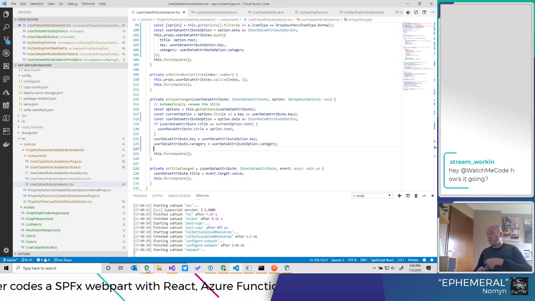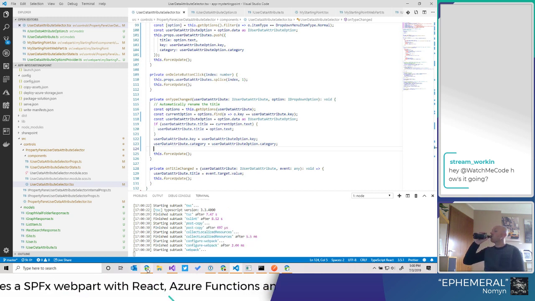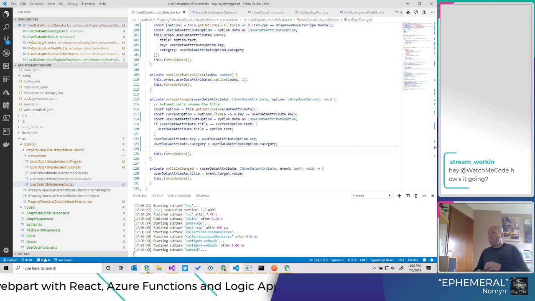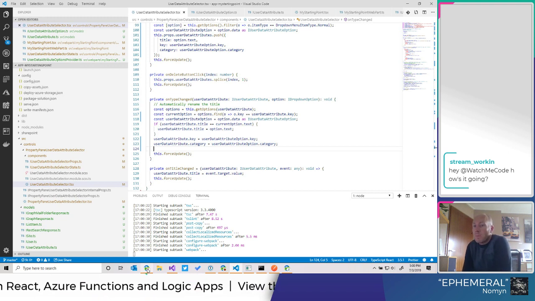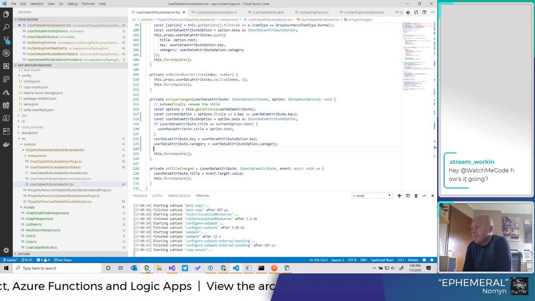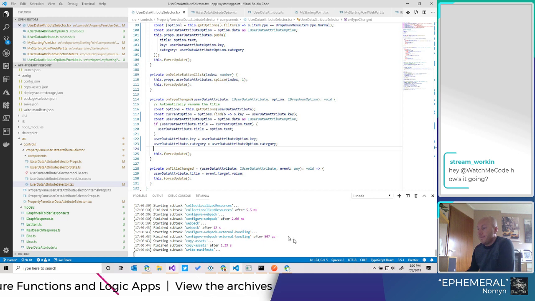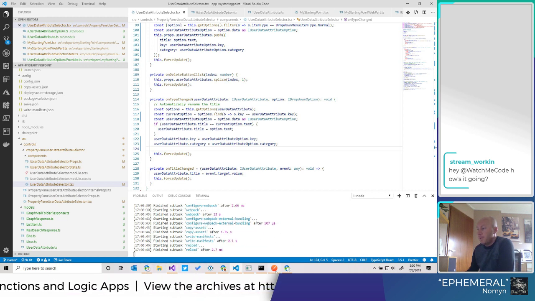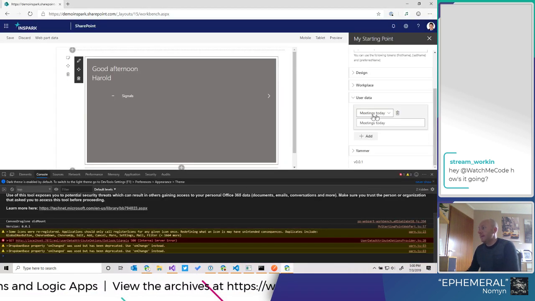Let's give it a second to compile. Go. Now we need to reload to start.